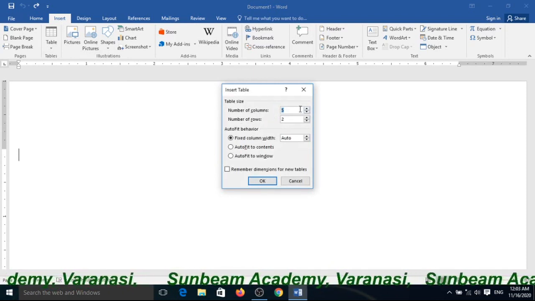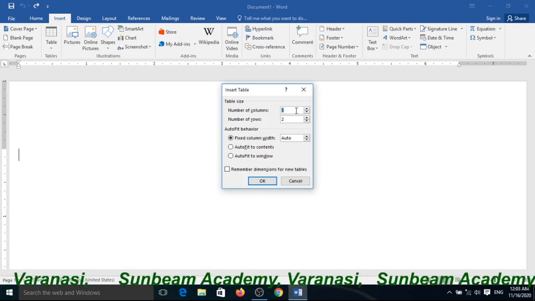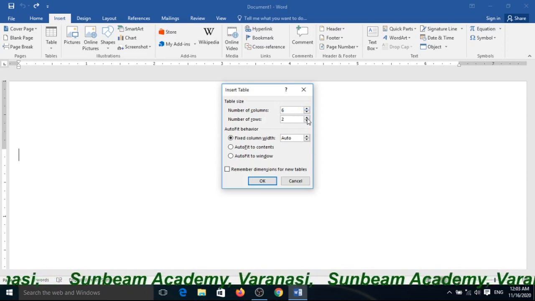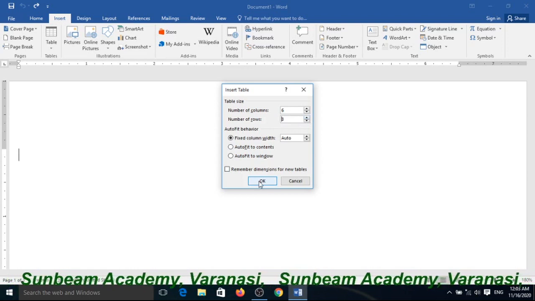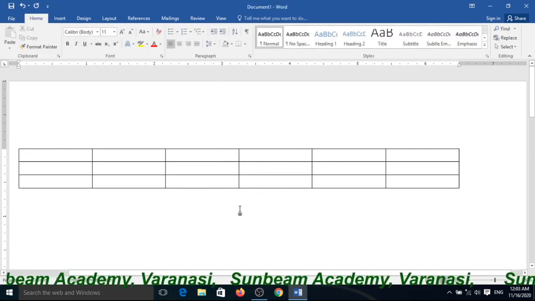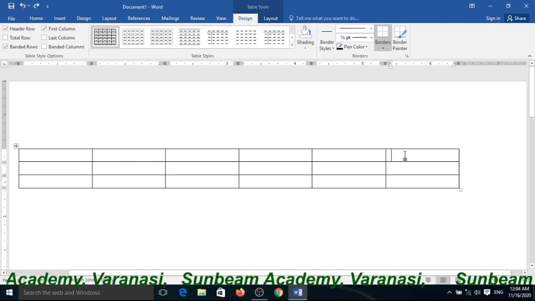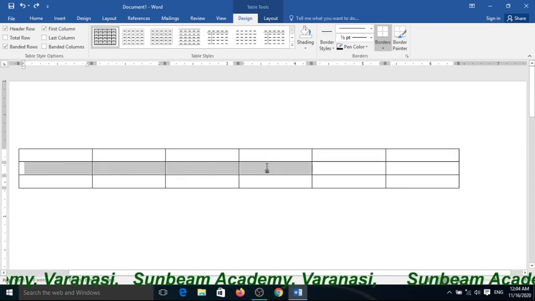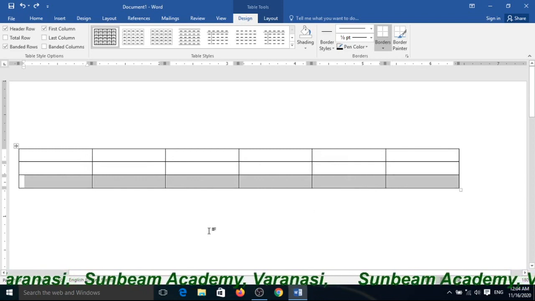If you want to increase or decrease, you can click the arrows or type here. Suppose 5 is there and you click up, it becomes 6, and for rows, click up from 2 to 3, and then click the OK button. The table will be inserted with six columns and three rows. Maybe you have understood.